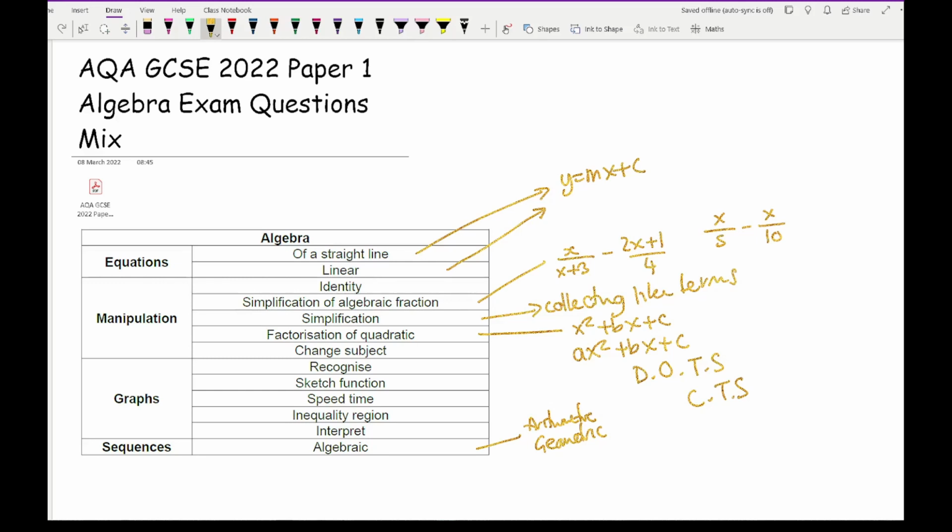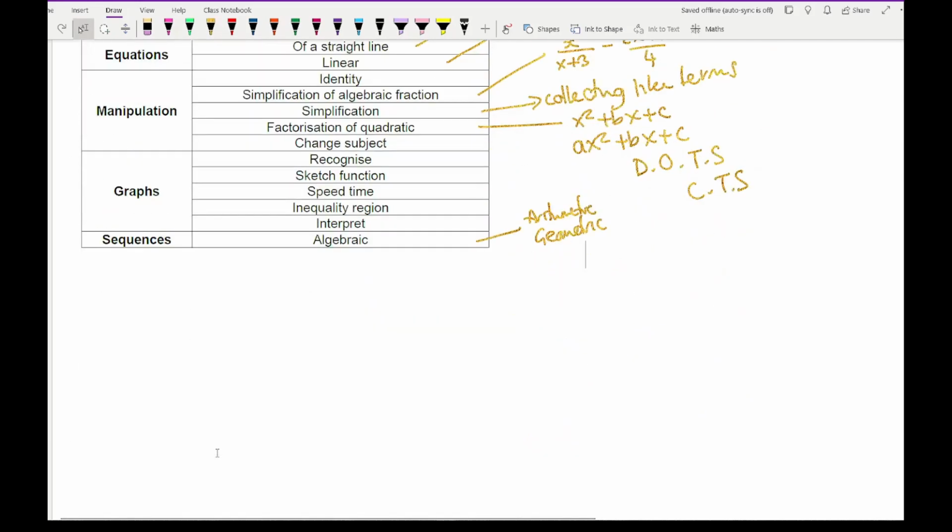So it could be a case of also looking at Fibonacci sequence as well, using letters rather than numbers. So let's get started on some